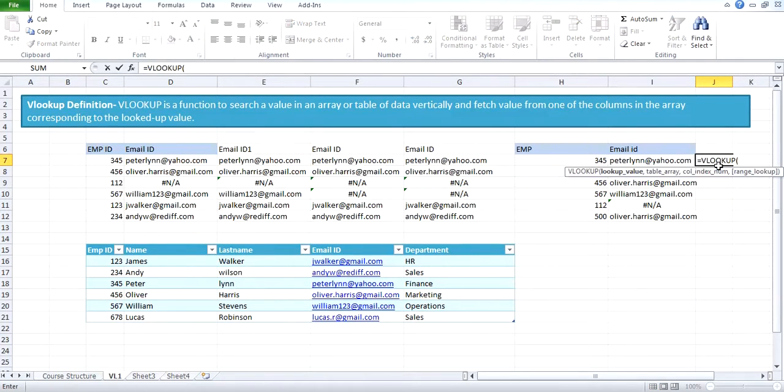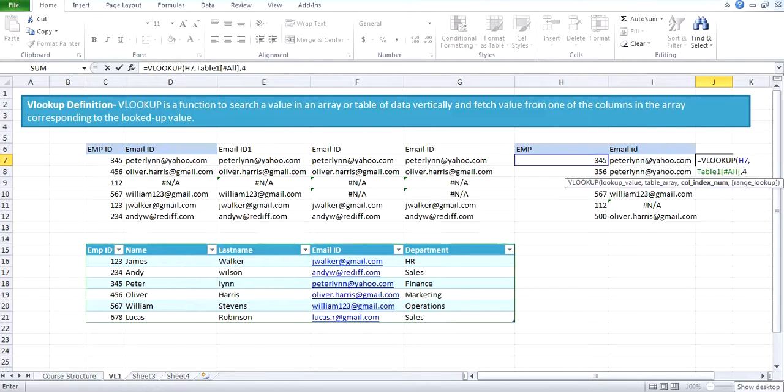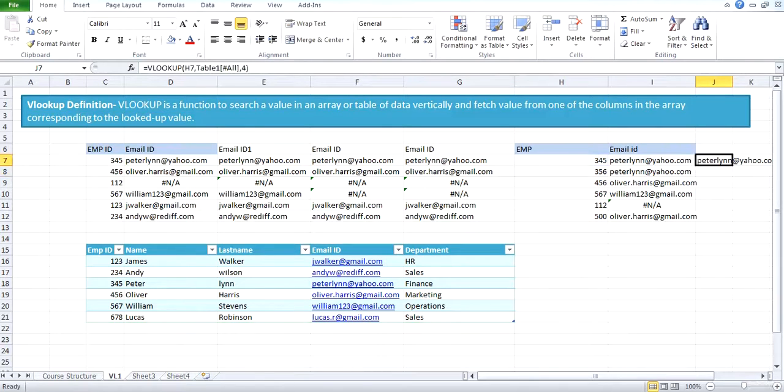So let's see what happens if I do not select the fourth parameter. This is the table range. I want to fetch email IDs of 4. I don't enter the fourth parameter. What happens if I copy this formula? So as you can see,